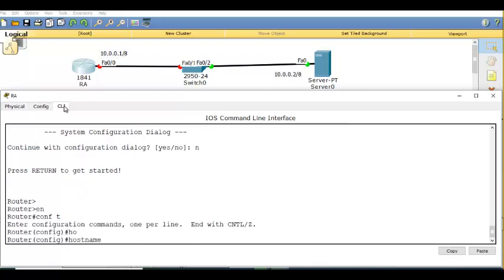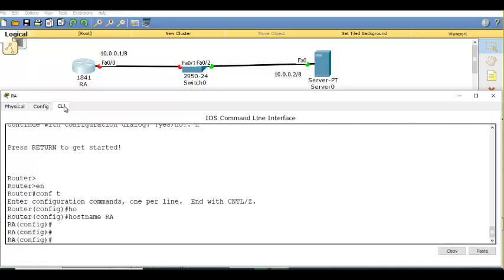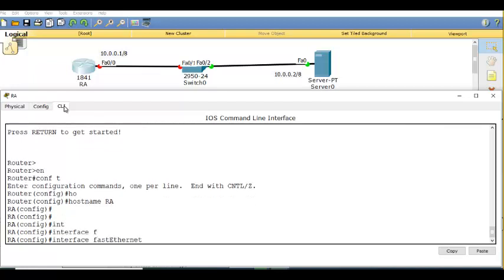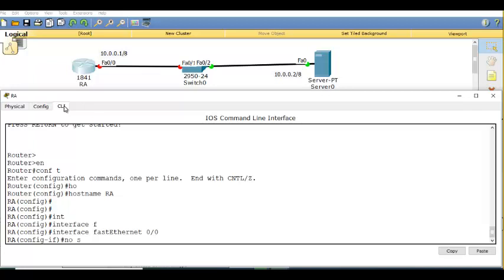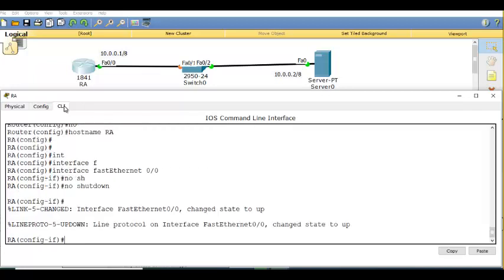Enable, config t, hostname router A. Interface F0/0. Type no shutdown to bring it up and put the IP address.